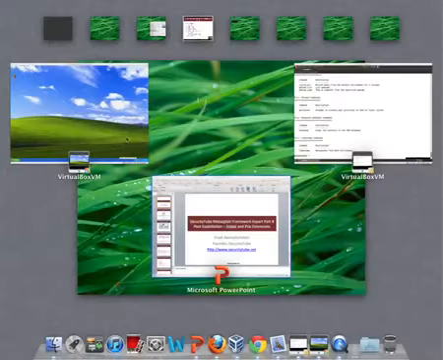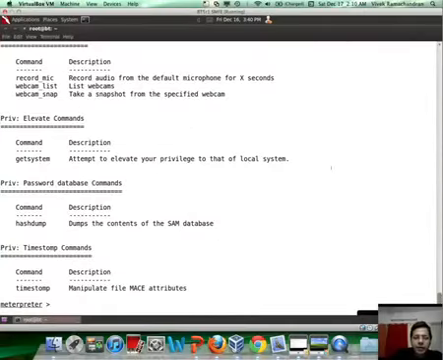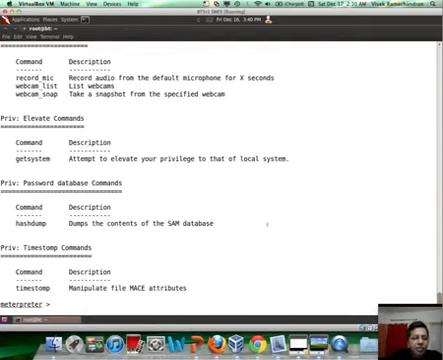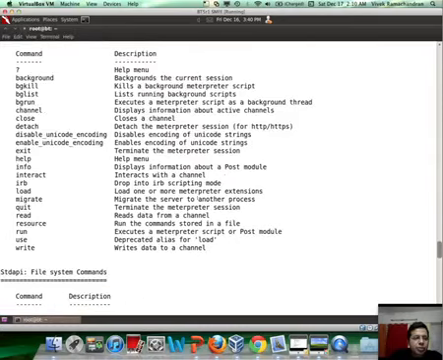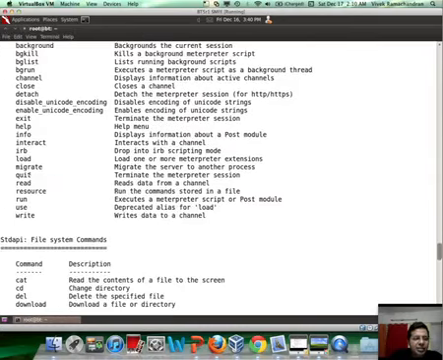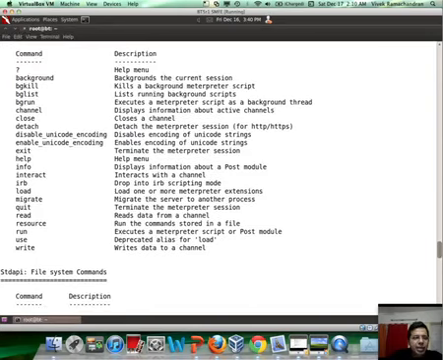If we actually go back to our attacker machine, so we are already in a Metasploit session. If you do a quick question mark, at the very top you have a couple of core commands. These are things like you can background the Metasploit